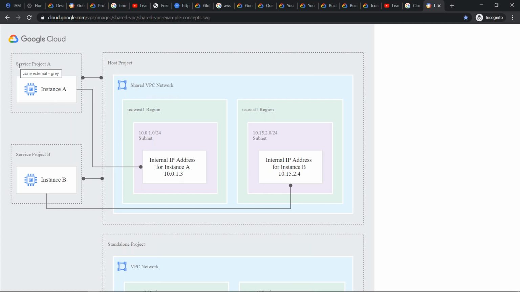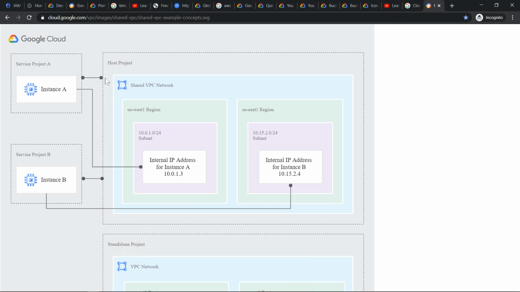There are other projects called service projects, where they don't need to have a network itself, but they are going to use this network to create resources. That's in short what shared VPC is. We are going to do a demonstration in our networking class when the session comes. So the question from Anil Kumar is, when I create a VM in service project 2, I'm not able to mention the